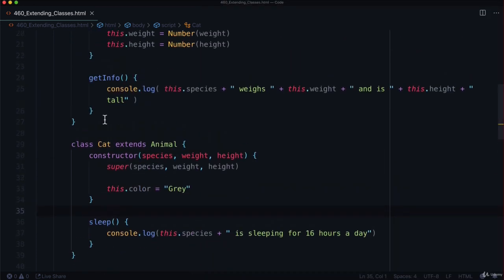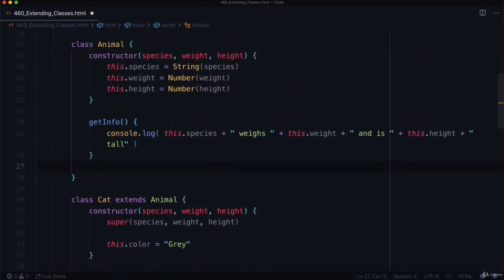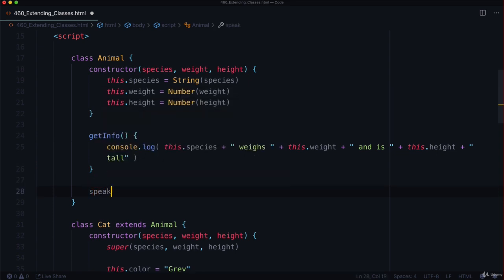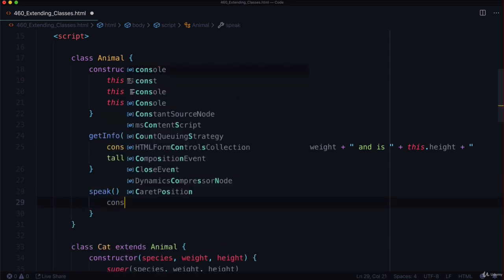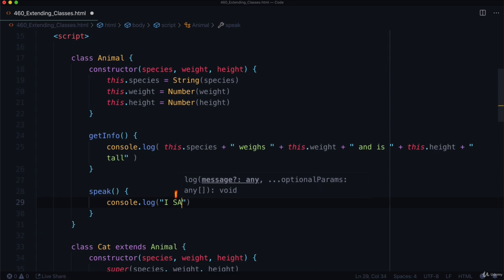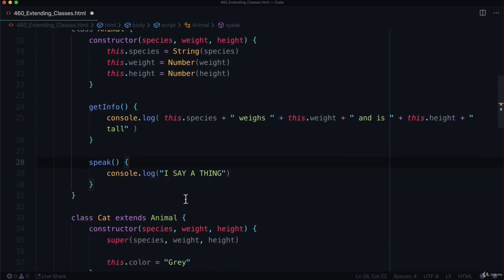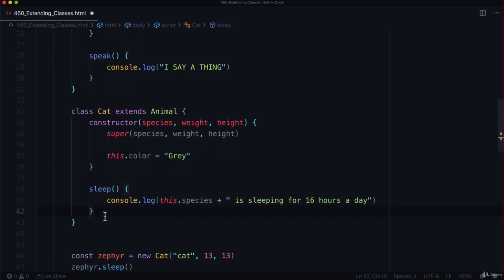And lastly, one more example in here we could do. In the animal class here, let's do a speak function, a speak method. Console.log, I say a thing. We don't know what this animal is, we don't know what it's going to say. And cat, we can say, a cat always says meow. So we can overwrite this by saying speak